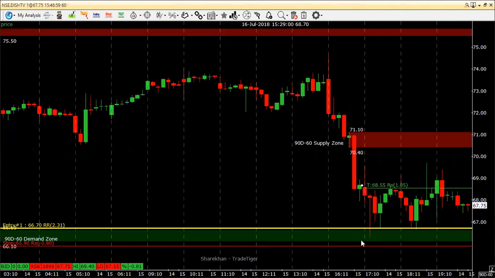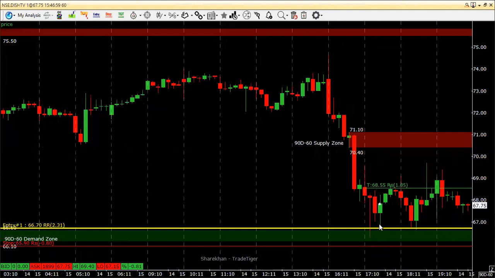So that's why I'm very fond of these demand zones and supply zones, because the market respects these most of the time. So I entered right over here. And after I entered here, price straight away shot up, came almost very close to my target. I missed my target by 10 paisa, and then price dropped all the way back. But what I had done is I had trailed my stop loss from here to the entry price over here, while price reached, over here itself, halfway to my target. I usually trail my stop loss.